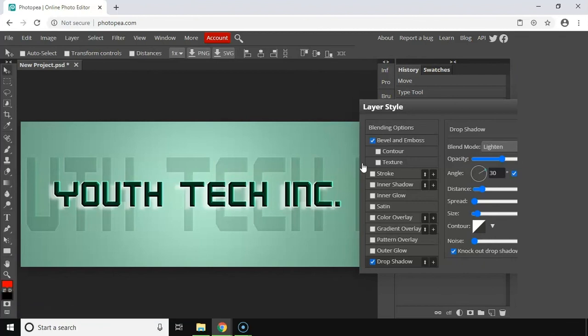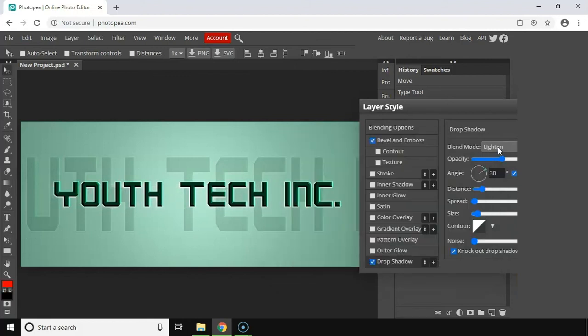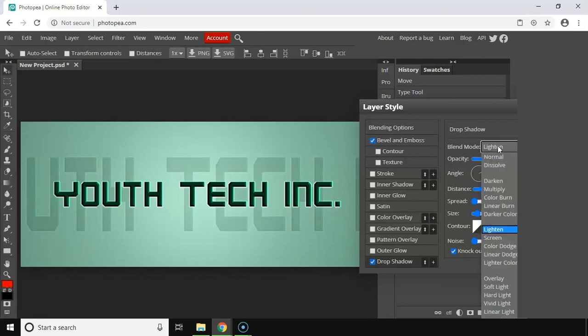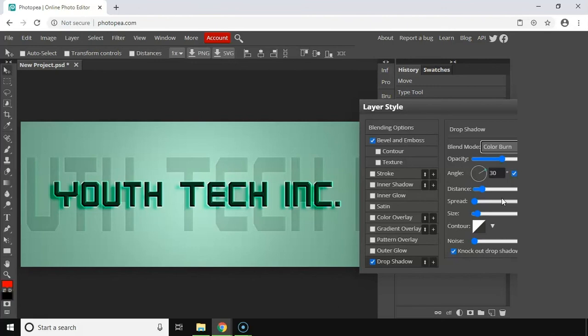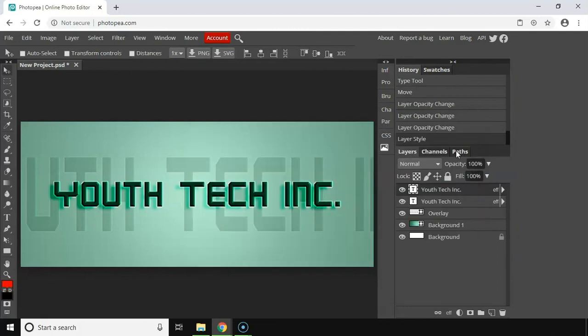We could also do not white or black. We could do a green if we wanted to. So let's see how that looks. Again, let's try changing the mode here. Alright, so there we go. You can see some green there. So I think that looks pretty cool, kind of a green background. At this point, that's a fairly decent